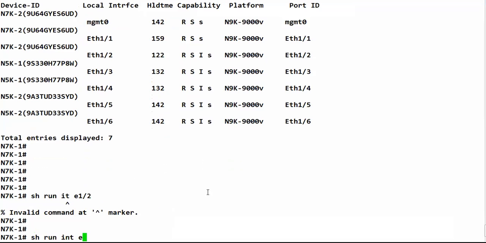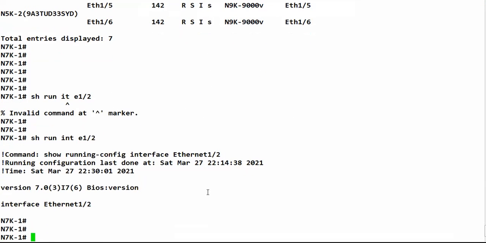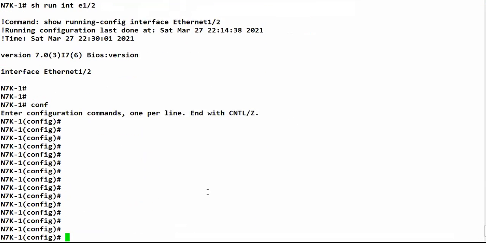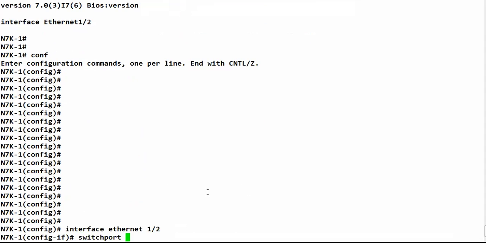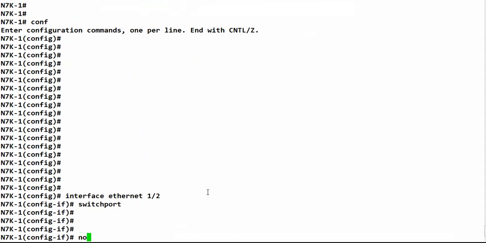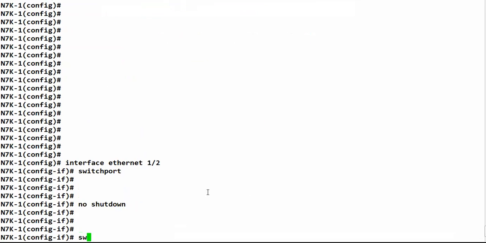Show run interface Ethernet 1/2. So what I will do is go to the interface Ethernet 1/2. I will do a switchport, a no shut. Let's make it a trunk, so switchport mode trunk,